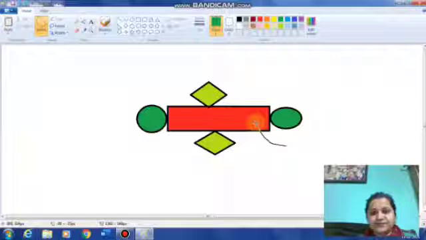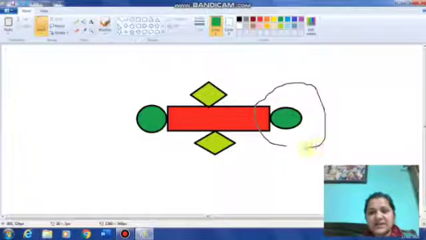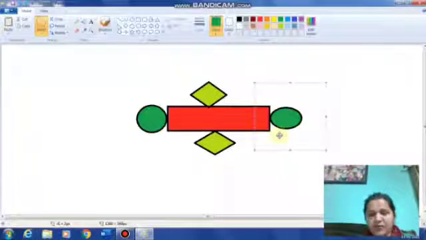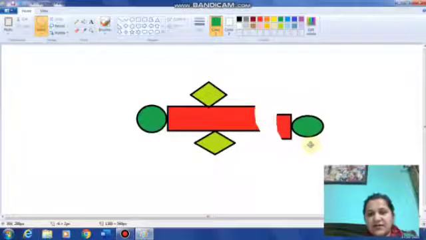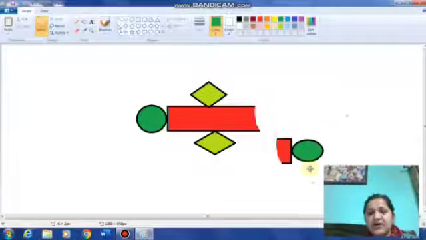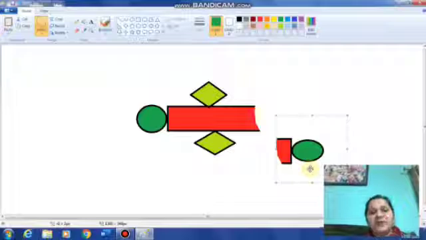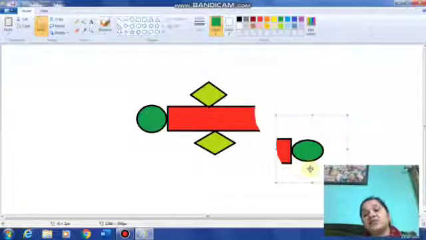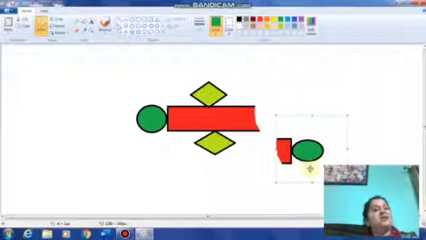Now see, this is how it helps you to select. Suppose this much part I want to delete. Now this much you have selected. Now bring the mouse pointer inside it and drag it. So this freeform selection tool helps you to select the drawing or any part of a drawing in any shape, in irregular shape.